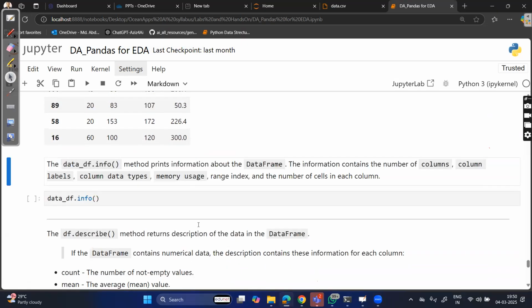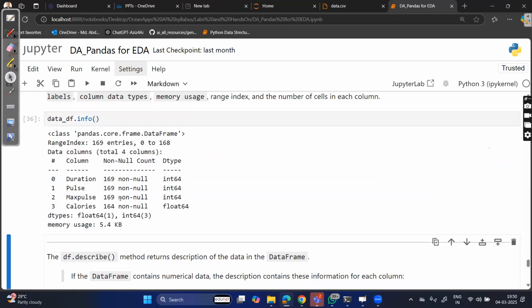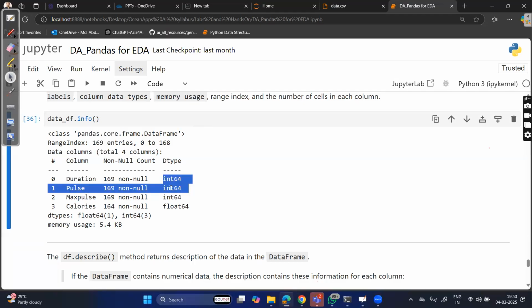And one more method is the info method. Info method is very important, right? It will be providing you the whole information about the data frame, right? Whole data అంటే మనం తీసుకున్న డేటాలో ఎన్ని కాలమ్స్ ఉన్నాయి, duration, pulse, max pulse, calories, ఈ కాలమ్స్ ఉన్నాయి. వాటి యొక్క టైప్ ఏంటి, ప్రతి కాలం ఒక టైప్ ఉంటుంది కదా, right? ఈ ఇన్ఫర్మేషన్ మొత్తం మనకి info method తో వస్తుంది. అంటే info method is one of the like best methods to understand the whole data frame, whole data at a